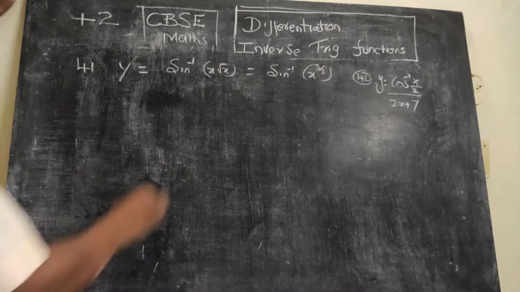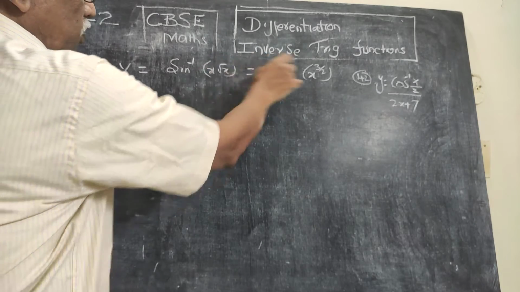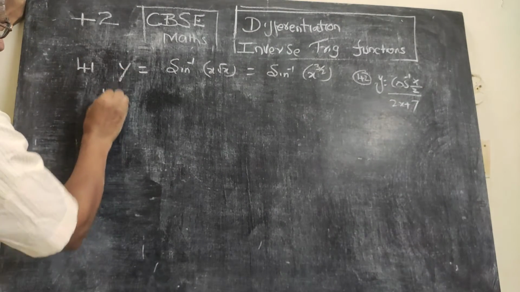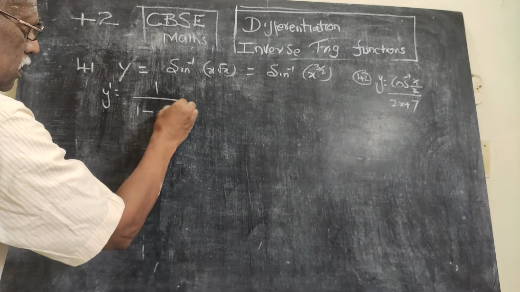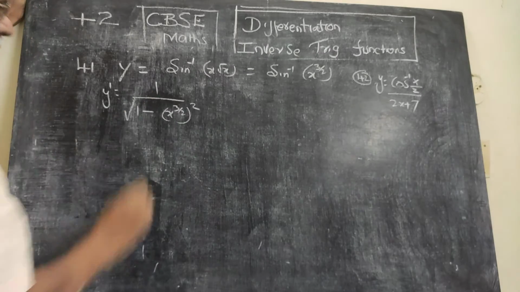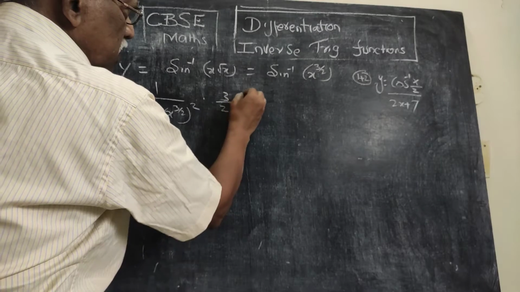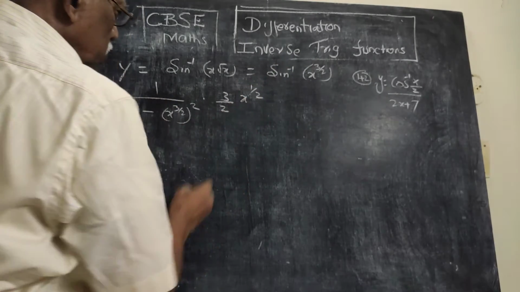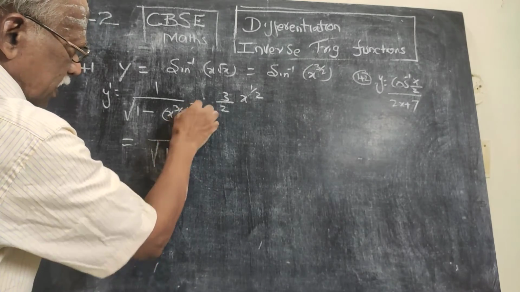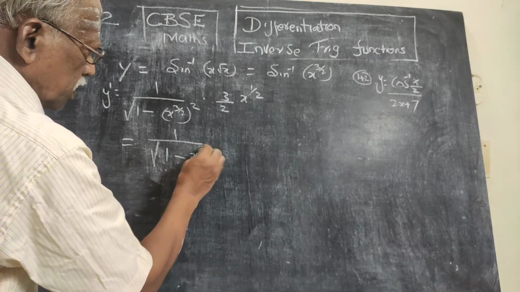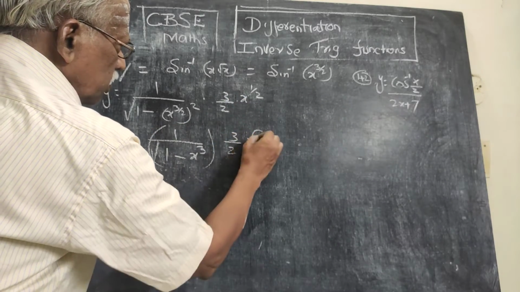Question number 41, y equal to sin inverse of x root x. Just I have rewritten that x power 1 and this is x power half, therefore x power 3 by 2. Now applying the formula, y dash of sin inverse x is 1 by root of 1 minus square root of 1 minus x square, and x power 3 by 2 further on differentiation 3 by 2 times x power 3 by 2 minus 1, so 1 by 2. The result is now 1 by root of 1 minus, this 2 get cancelled, so it becomes 1 minus x cube, and 3 by 2 times of root x.